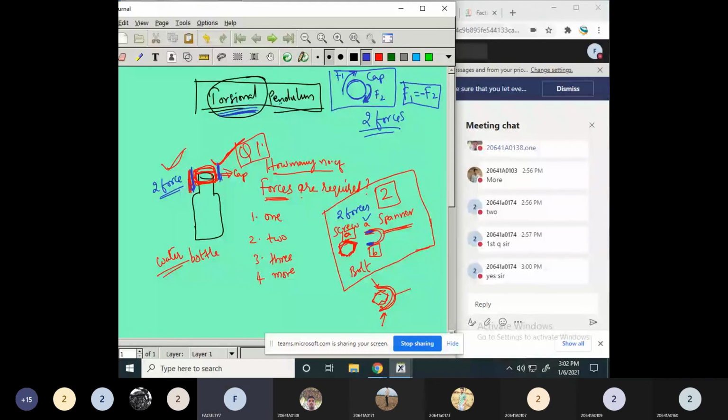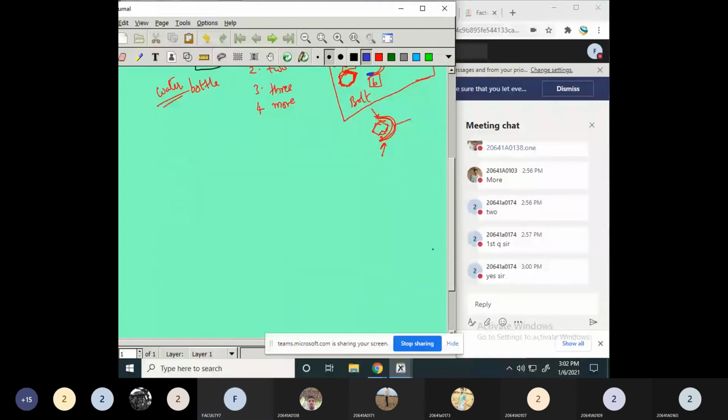Regarding the torsional pendulum, you are going to construct a pendulum. Let us see how the pendulum will look, just the introduction. This we will continue in the next class. So the pendulum will have a material. Consider this as a wire. This is the material you are going to consider. Now here we are going to apply the load. This is a load.